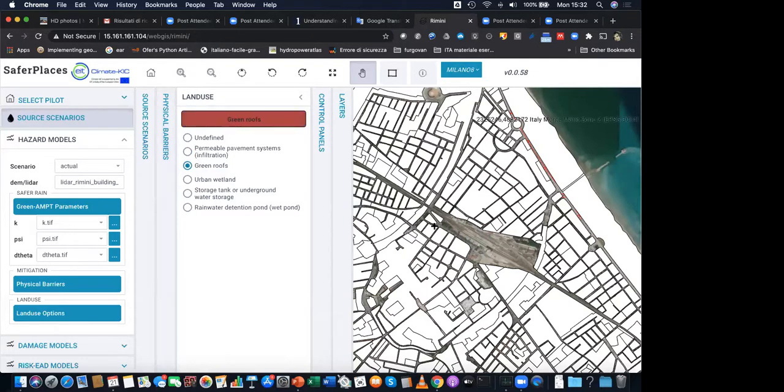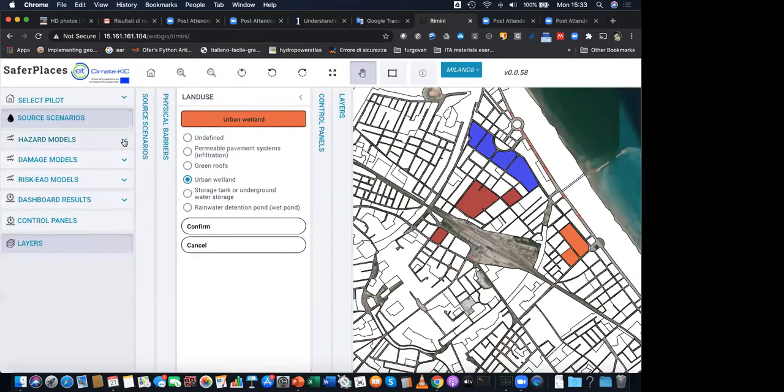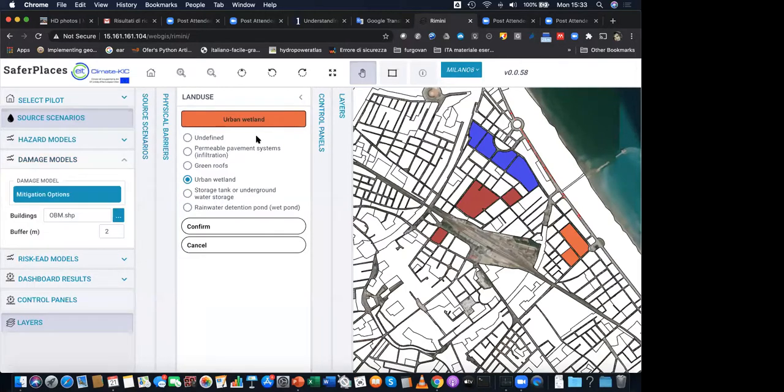For example, we can define areas where we want to extend the use of green roofs, or we want to increase the infiltration capacity of the soil, so reduce the soil sealing in some specific area with green areas or permeable pavement. We can develop in the city and test the effect of urban wetlands or even storage tanks. So this kind of hazard mitigation can be inserted in the platform, and we also have specific